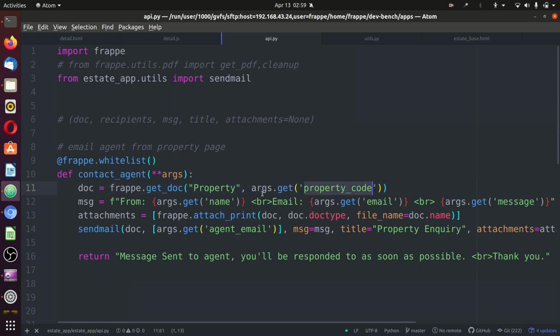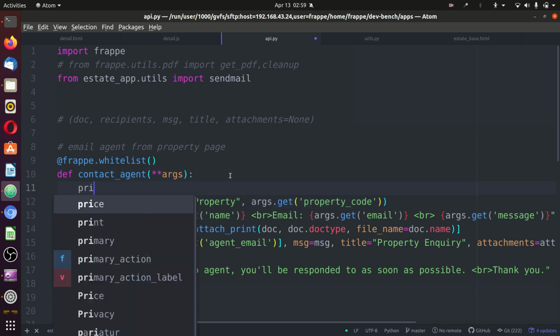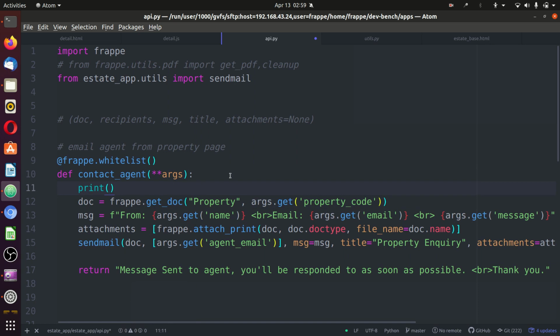I think the best thing to do is try to print this out first, to see what we get from a print. If we cannot retrieve anything from here, then we'll have to look for another way to obtain it. In fact, I'm going to try two formats. The next one is args of